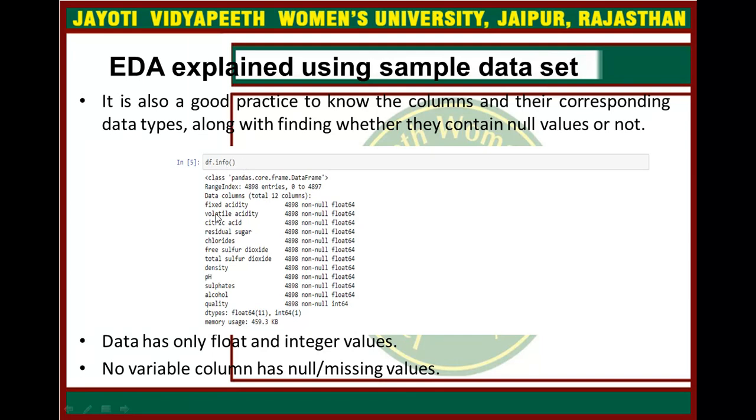Here the class is Pandas and these are all the entries. Non-null is specified here. So the data has only float and integer values. No variable column has null or missing values. You can see here no column is empty and no column is null.